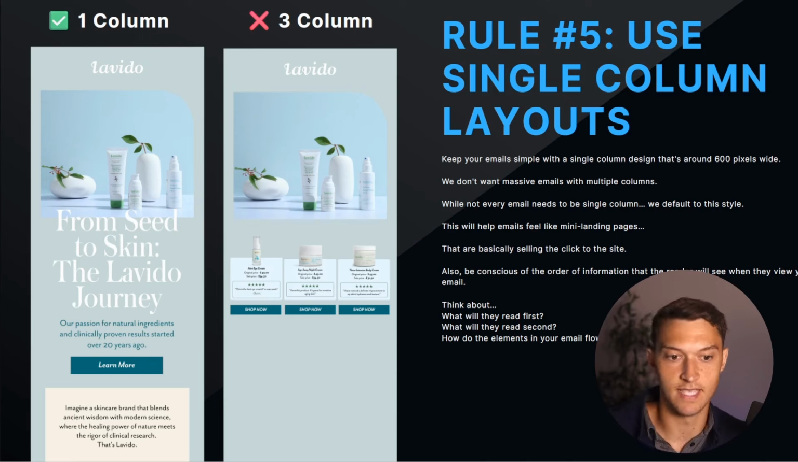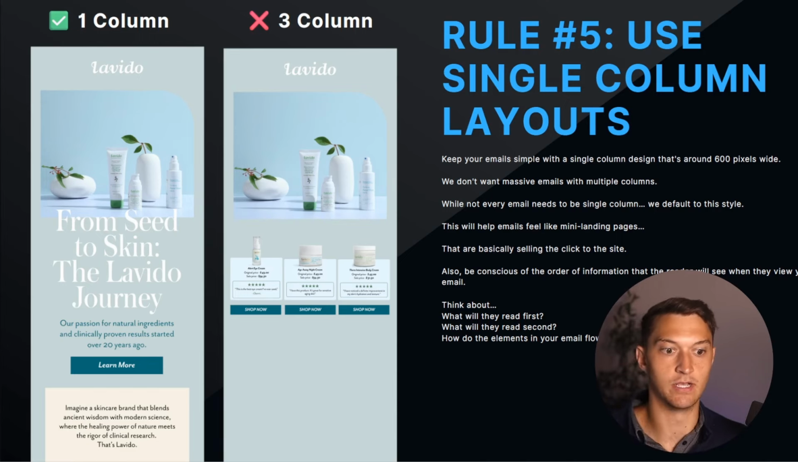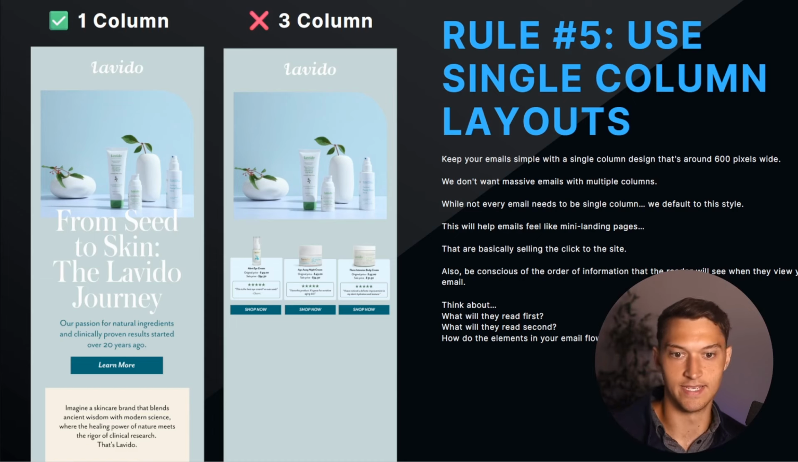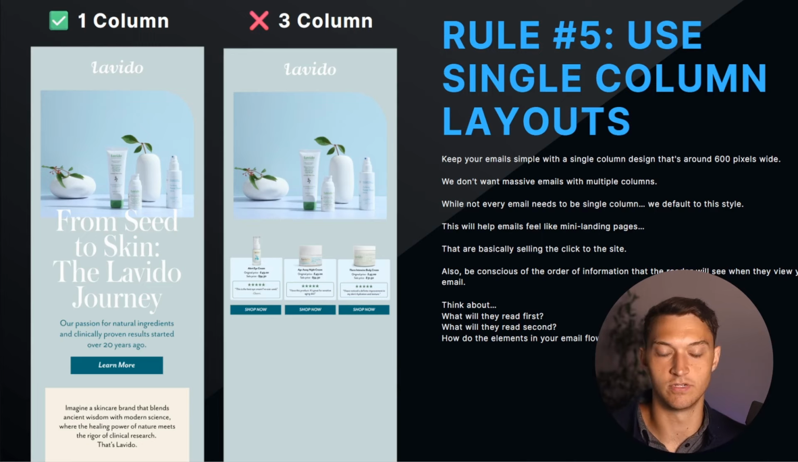What will they read second? What will they read third? And how do the actual elements of your emails flow? Like, where does your eye scan? So you can see on the one column layout, it's way easier to read. It's way more mobile optimized. And on the three column layout, if you have those three different products there, it's very difficult to read, especially